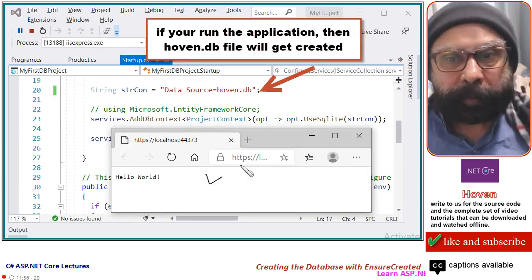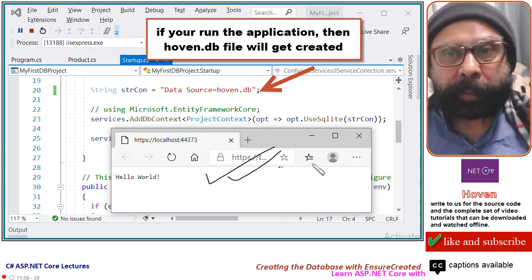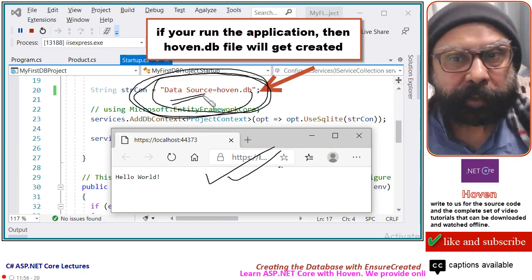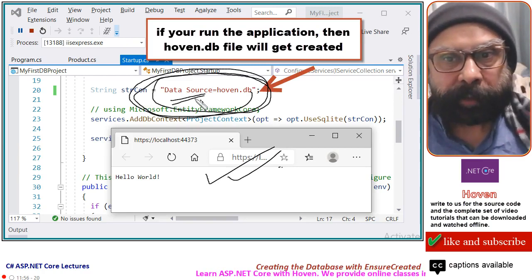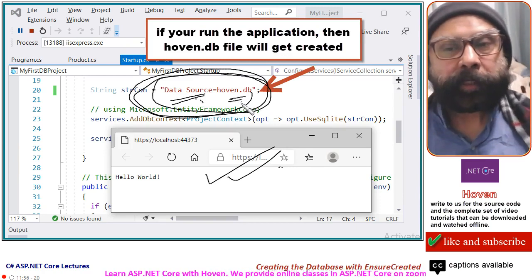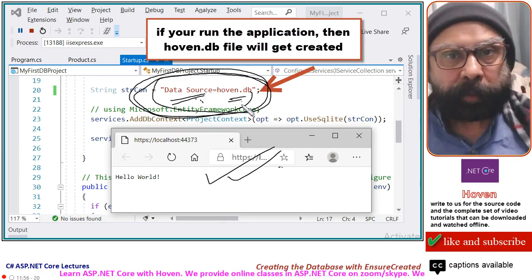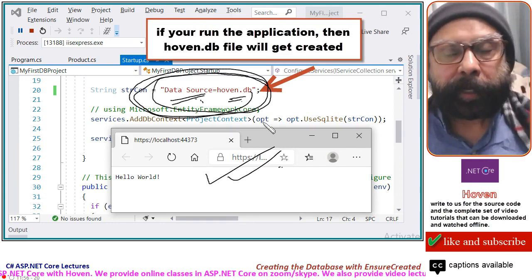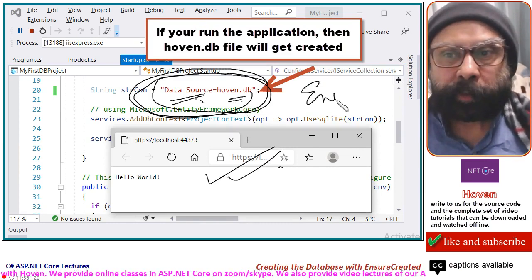If you run the application, then the hoven.db that we specified in the connection string will get created, because the code that we wrote just now will run and create your database, EnsureCreated.